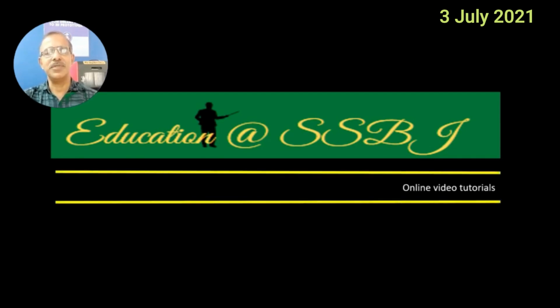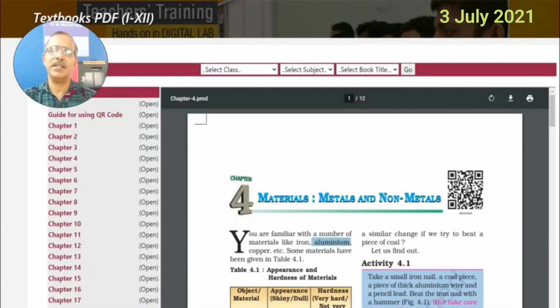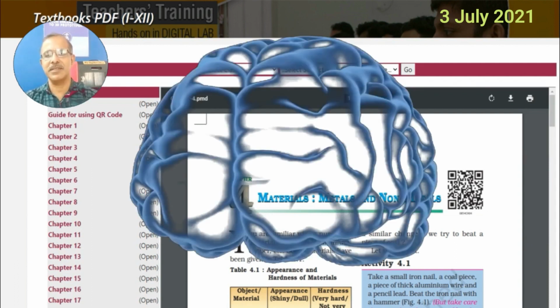We were into chapter Materials, Metals and Non-Metals of class 8th, right? And we have almost completed this chapter, and therefore it's time to recall all information regarding this chapter in a way where we can call it again and again for better retention, right? So a kind of map we have to create